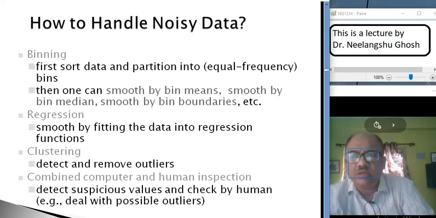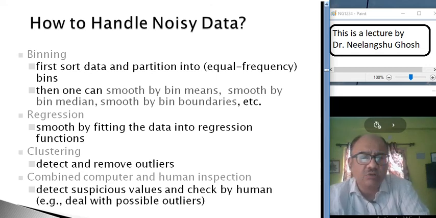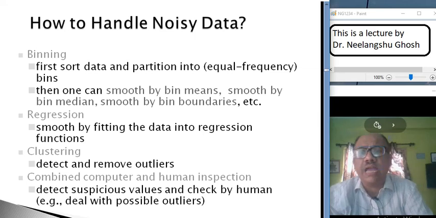So generally these four are the methods to handle noisy data. We will not cover all, because in our syllabus it is not very important. We will learn regression and some part of clustering to handle the noisy data.